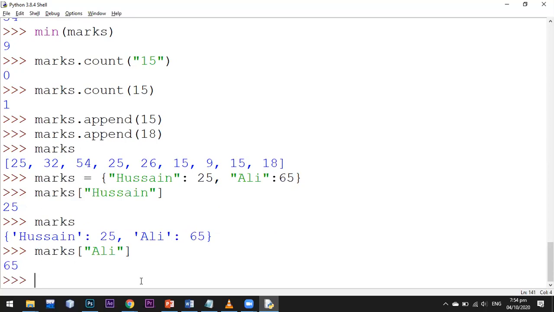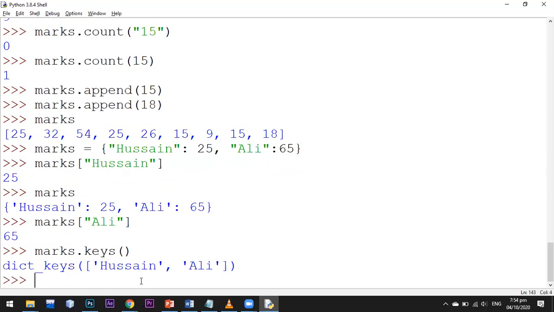If I forgot what the keys or the index numbers were that I created, and I want to check them, I will just type marks.keys, and it is telling me that I created two different keys, two index numbers, in my dictionary.